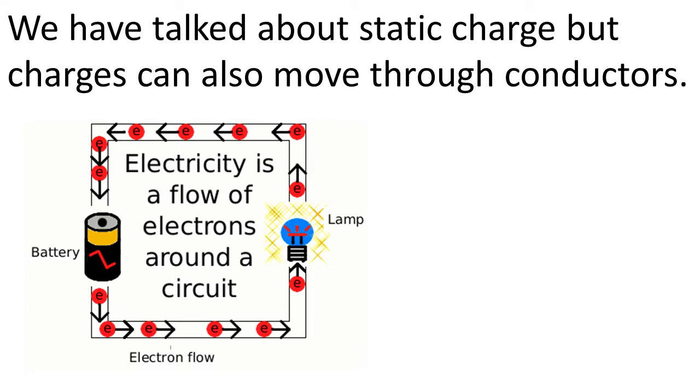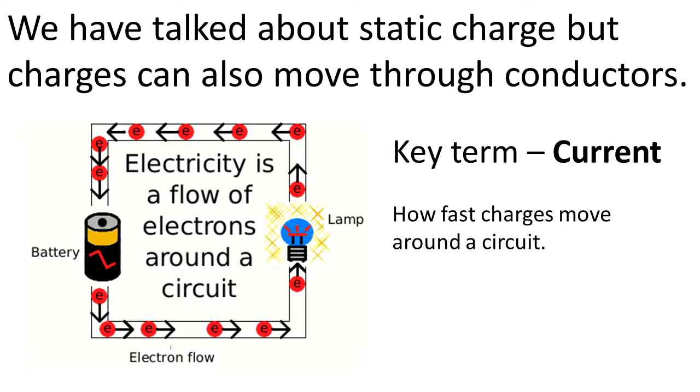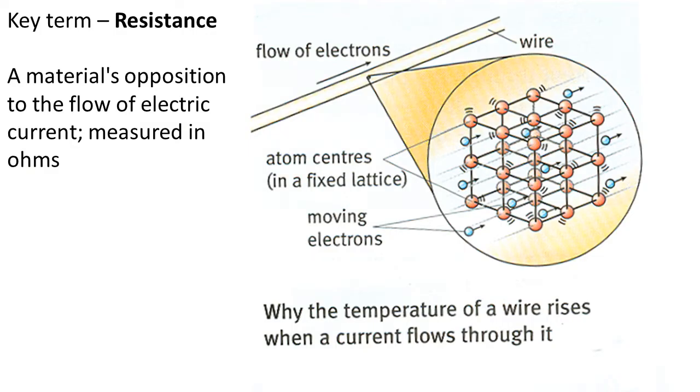But now we're going to start talking about conventional electricity, which is the flow of these charges through a conductor. Now there's a key term here, current. You might want to write down in your notes that current is how fast the charges move around the circuit. And a nice diagram of this on this slide shows these little blue moving charges or electrons flying through